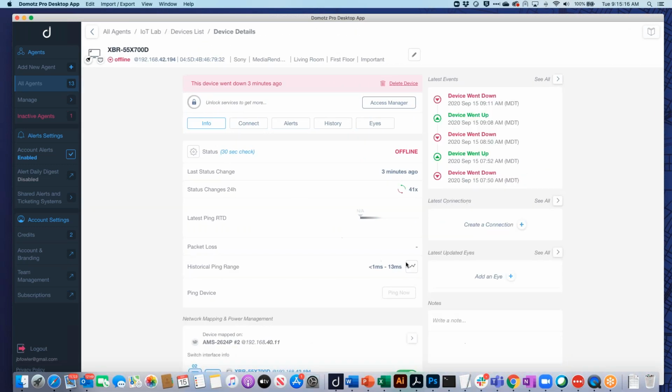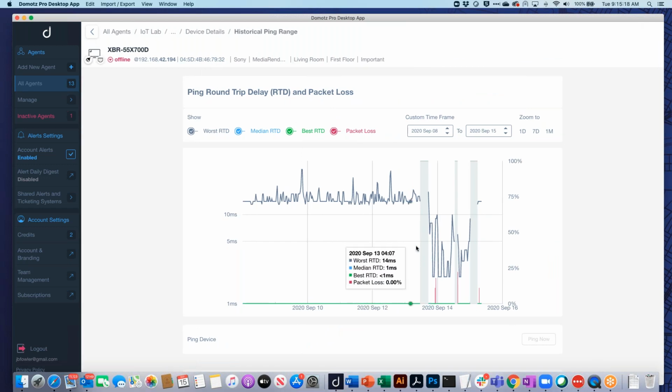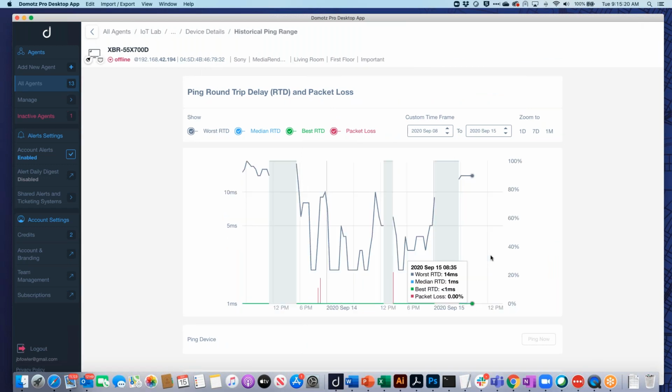Recently, since I changed this, I've been getting a lot of degradation in performance on this particular TV, and Domotz has been alerting me to that. And what I was finding is that, even with all the changes that I've made over the last couple of days, I have a network problem: too many broadcasts going over the particular switch that this Sony was on. So this is just a way in which Domotz can help you discover these issues,